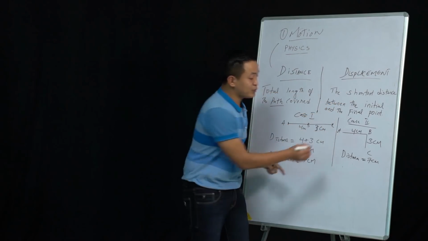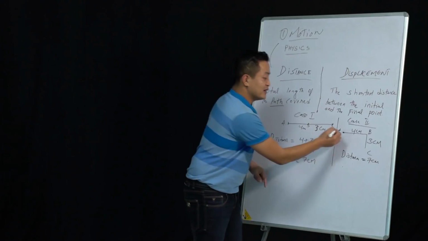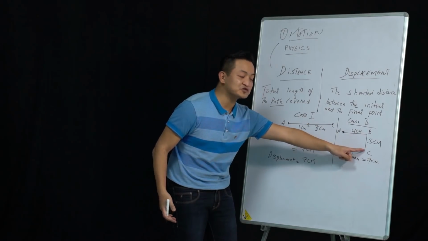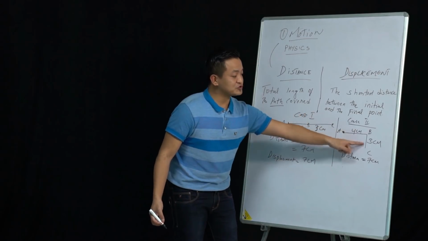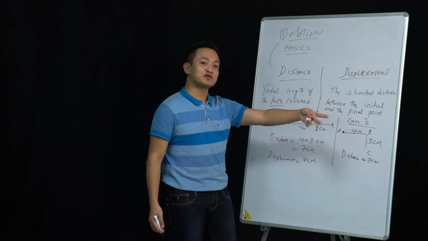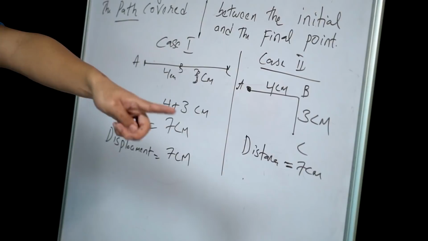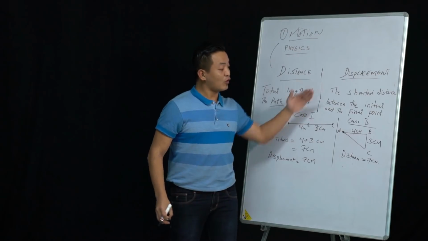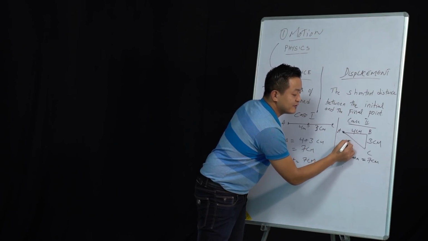So this is the initial point, that means the starting point. Let's take an example from your house. Clear? From your house, you have to go to the school. This is your school and this is your house. So the actual distance is 4, 3. But everyone likes a shortcut. So displacement is the other word for shortcut. If we apply a shortcut here, then it will be from A till C. That means instead of going all over to B, we have a shortcut, that is A till C. And that would be 5 centimeter.